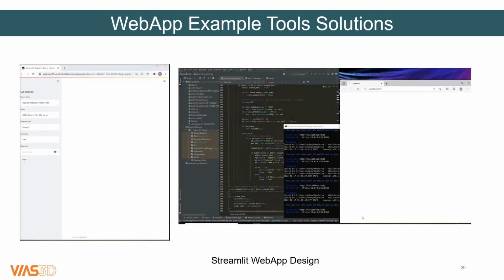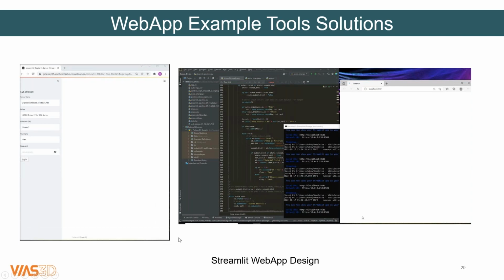And in this final slide, I have two videos here. These are two simple web apps we developed to demonstrate the versatility you can have with web apps, creating some type of custom interface, again, outside of Abaqus CAE, but still creating an interface for the user to interact with. All Python-based, built in Streamlit. So if we look at this first one here on the left-hand side,